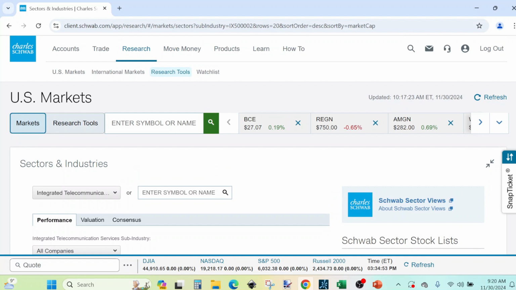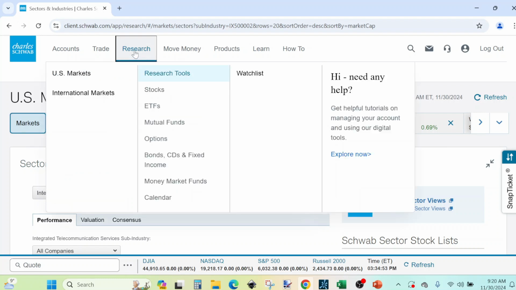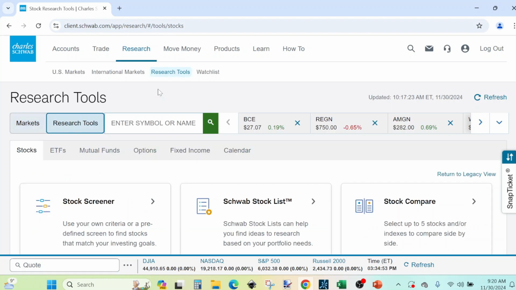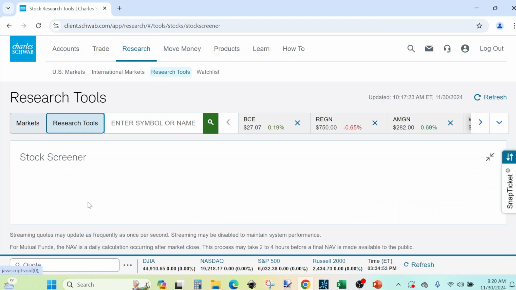If it's not a random stock you come across that you wanted to analyze to see if you can add it to your watch list, that's one way. You can actually go to each sector, open them, and find a type of market capitalization to work with. Another one would be the screener. If we go back to research stocks, stock screener,